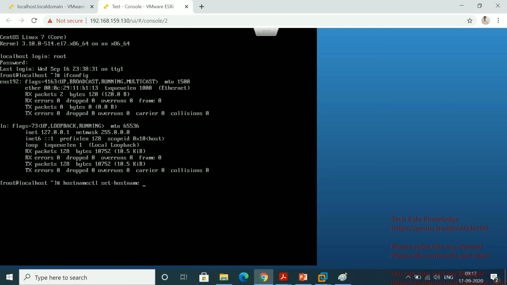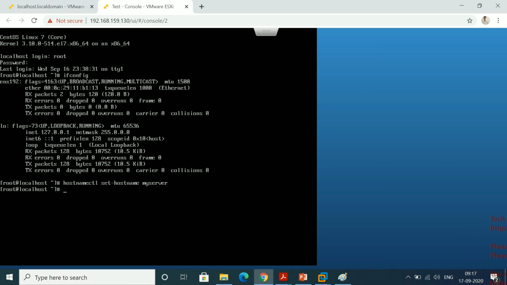In my case I'm going to keep it as myserver. Okay, the command ran successfully and I'm not getting any error, which means the host name has changed.